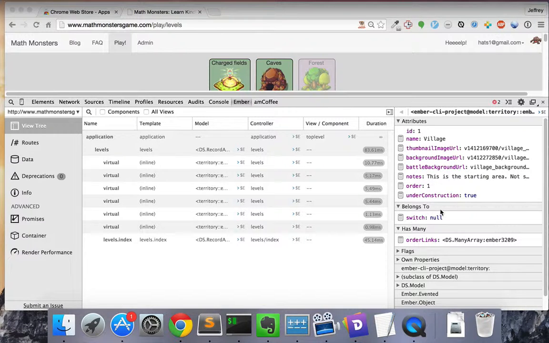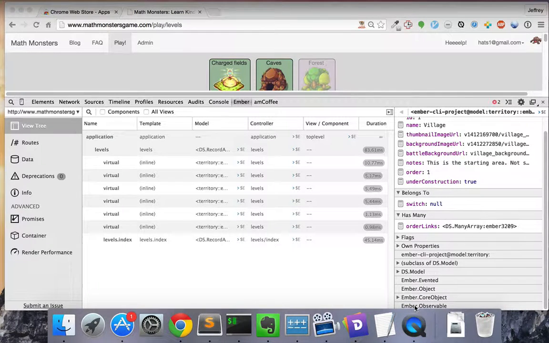Another thing you can do in this view is explore the object hierarchy. Ember uses an object model that's very similar to Ruby or other object-oriented languages, and different than the JavaScript prototypes. Using this view, you can explore what that looks like. So we can see that Ember Observable is the farthest up in the chain. These objects inherit from Ember.Observable, then Ember.CoreObject, Ember.Object, Ember.Evented, DS.Model, and then from there it gets a little complicated because